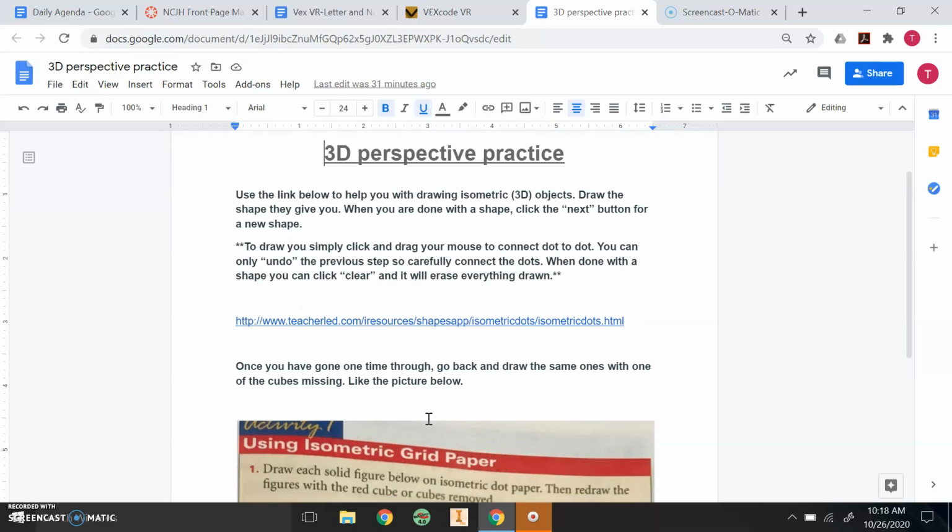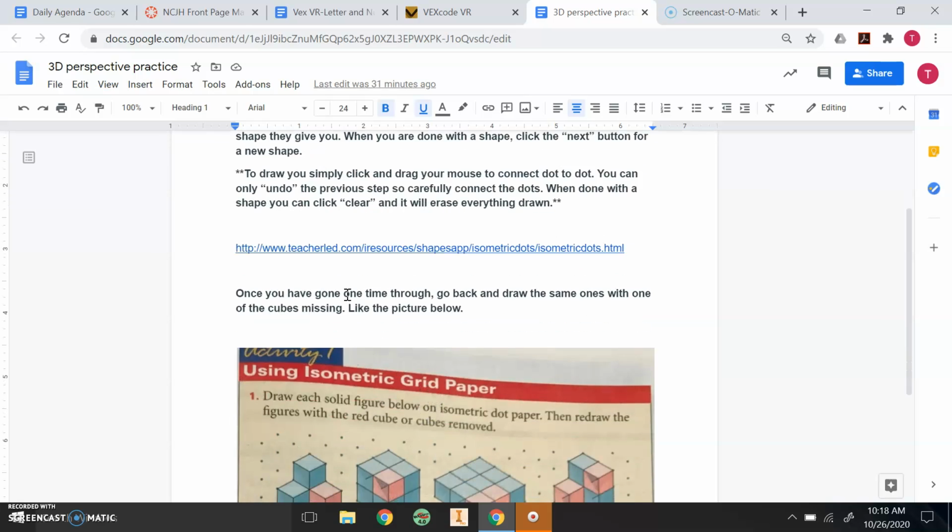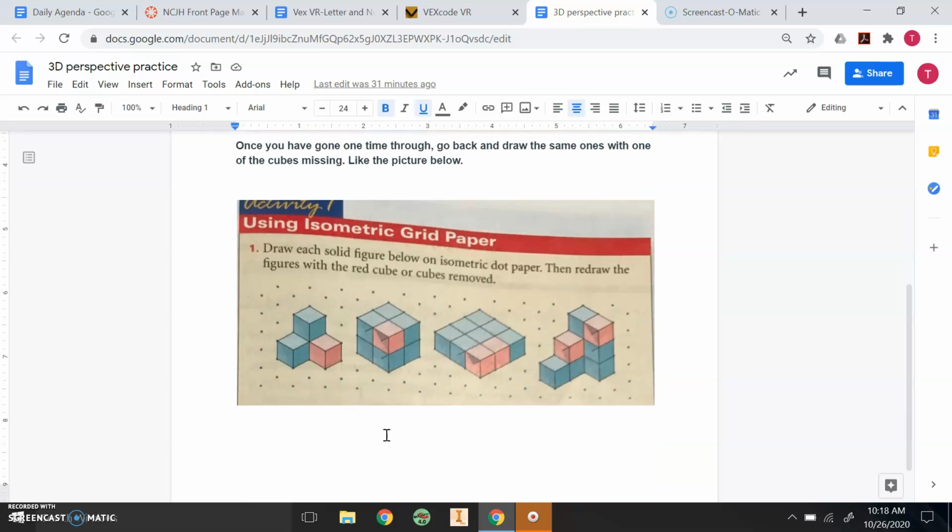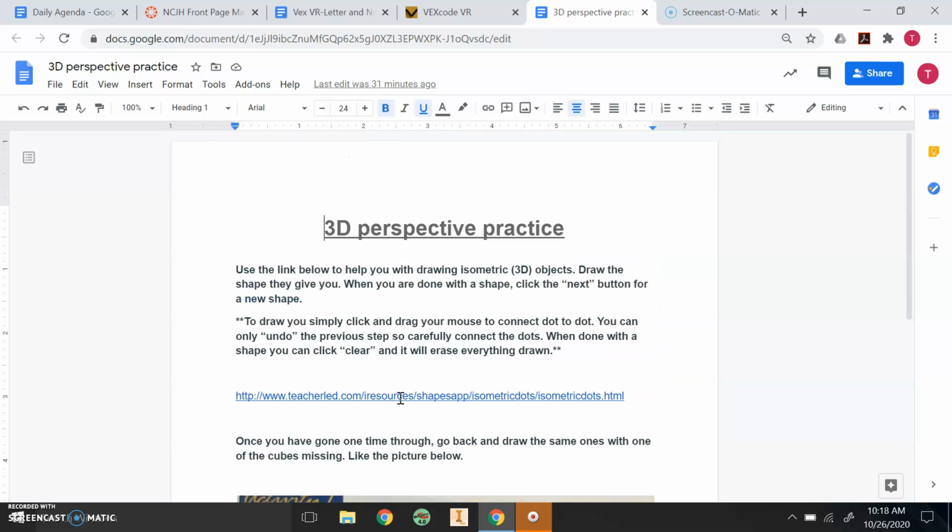So if we scroll down, it says once you have gone one time through, go back and draw the same ones with one of the cubes missing. Okay, so this kind of gives you an example. So say 3 cubes is the first example, you go through and then you come back and draw only 2 of those cubes. So I'll show you right here. Click on that